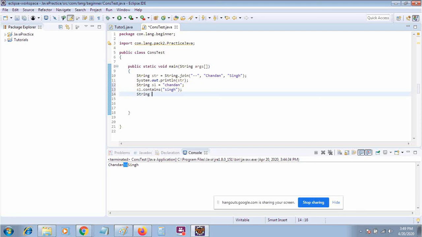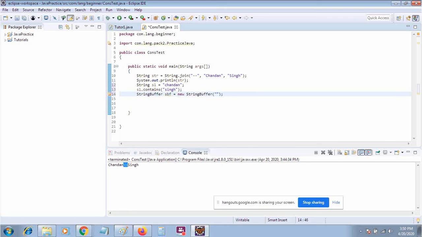Now again I am creating a string. Let's take the first example of the string buffer. Let me make it a string buffer, and I will let my SPF equal to new StringBuffer. Now I am using the StringBuffer class.